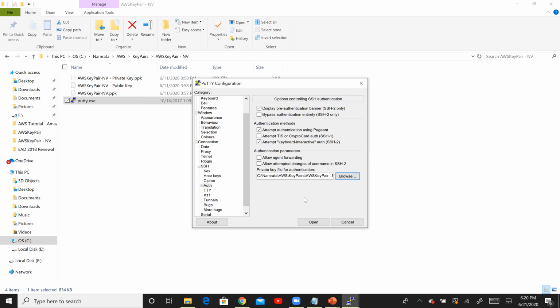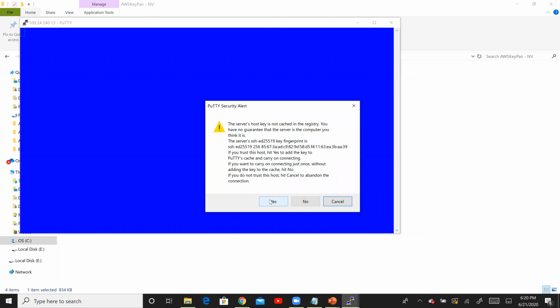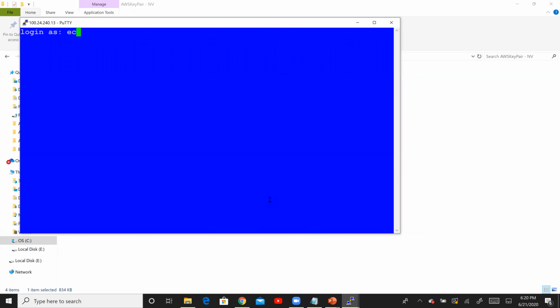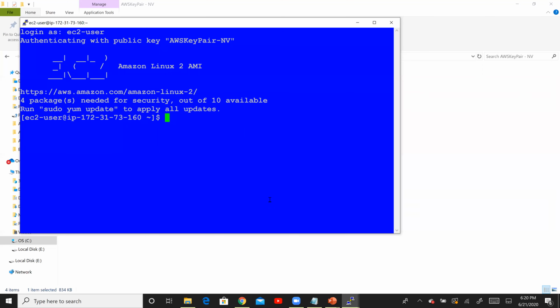So let's see if the change of key pair was successful or not. Click on open. Click on yes, and we will log in as ec2-user. And there you go. We have successfully changed our AWS key pair. Now the new key pair for this particular instance is AWS key pair hyphen NV.